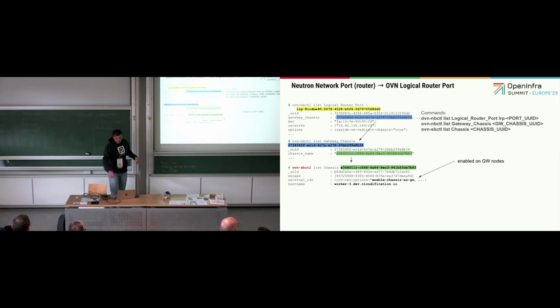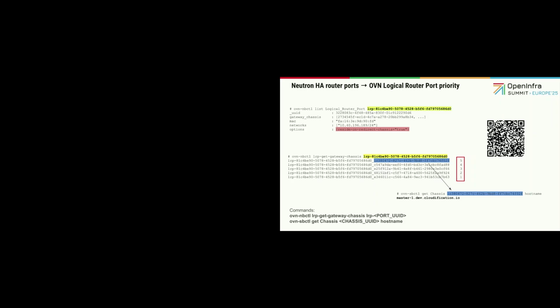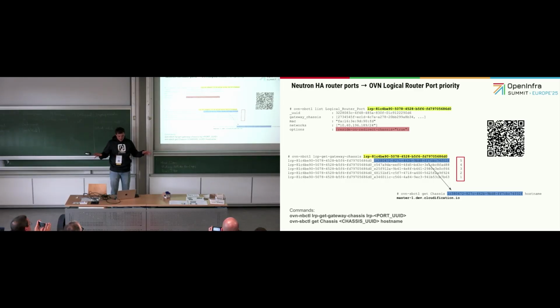the ports and how to understand where your traffic is actually going when someone tries to reach your public facing IP address, for example, the floating IP. Yeah? As I said, they have an HA system inside the OVN, so it means there are lots of objects and any of them can get the traffic, but at one time there is only one actual logical router which is getting this traffic. And you can see by this command,